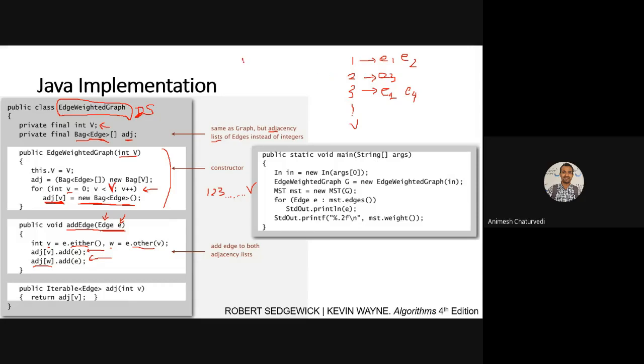So nodes 1, 2, 3 up to V are there, and they have edges like E1. This E2 actually has edge E3. What is the purpose of that E3?